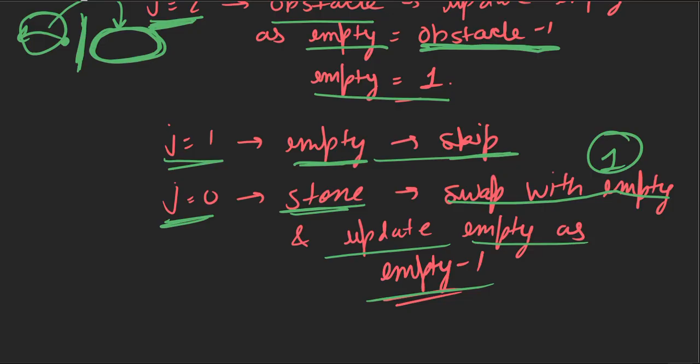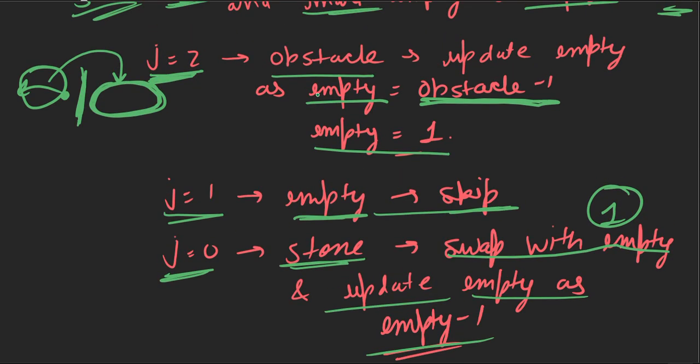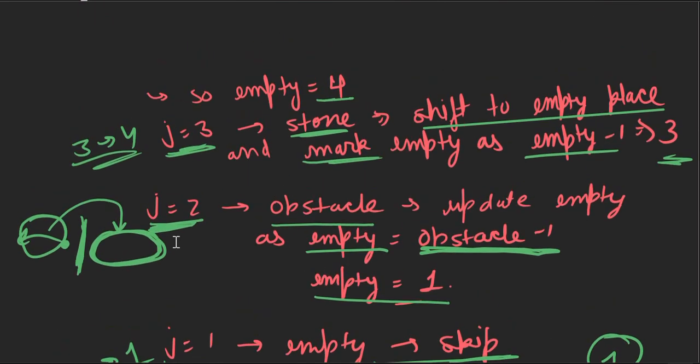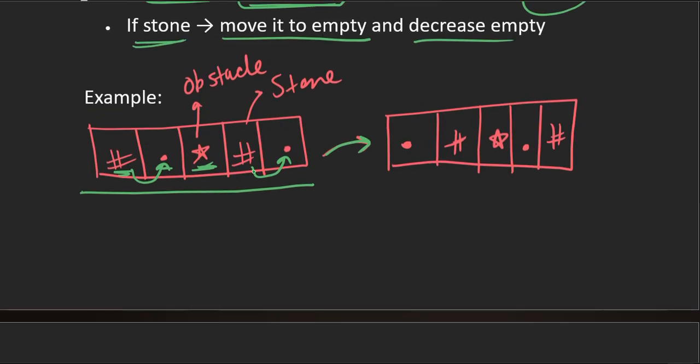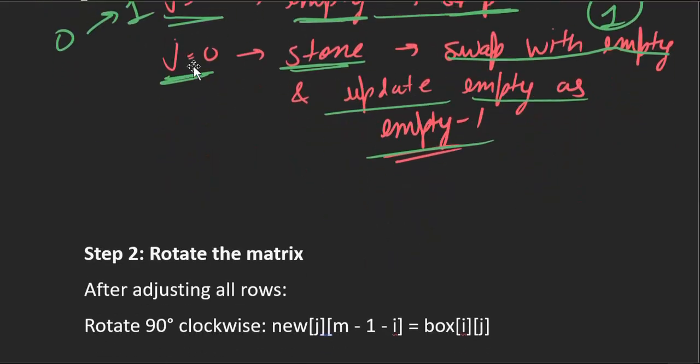So after doing all these things, we have shifted stone from 0 to 1, and we have shifted stone from 3 to 4, and that is what we require, right? So this way we'll do for every row,